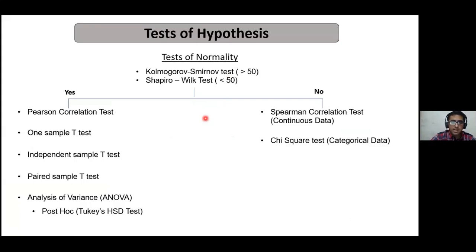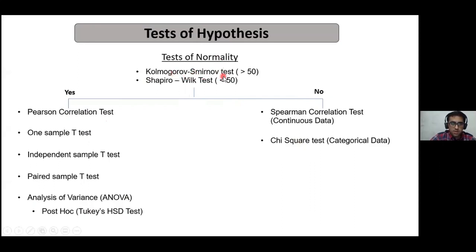For the data that we have, first of all, we need to test whether the data is from a normal distribution or not. So I will just quickly go through these tests. I won't be discussing these tests in detail given the time constraint, but I will be telling you the hypothesis again when I will be doing the Python. So just understand what the tests are that we use in testing of hypothesis.